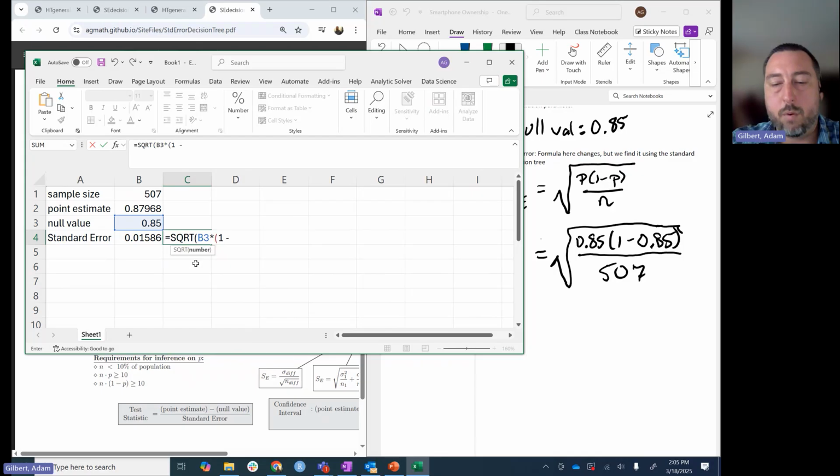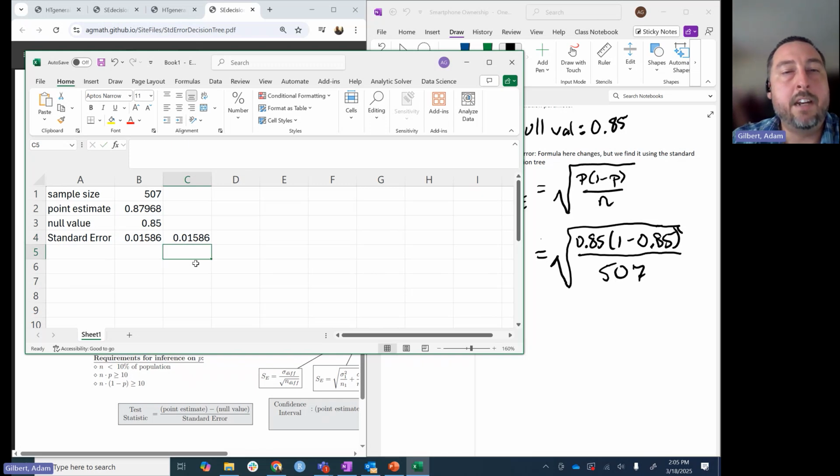We're going to multiply that by 1 minus the value in cell B3, and we're going to divide by our sample size, which was in cell B1. If we run this, we're just referencing the values in those cells. They're the same values as we typed in by hand. We get the same quantity back. So our standard error now is